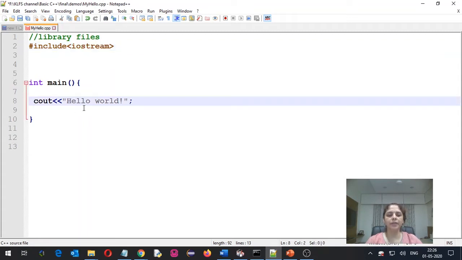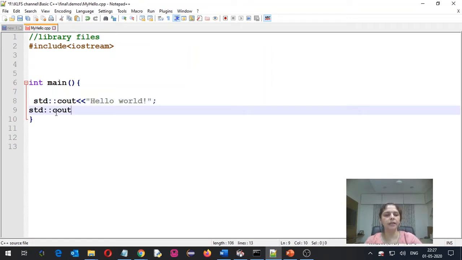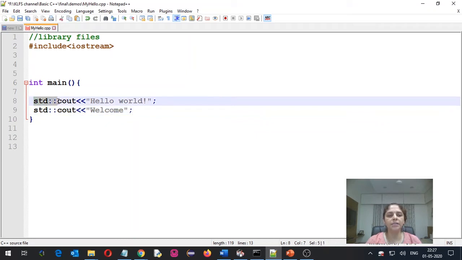Similarly, when we were writing to display the hello world string on the screen, we were writing std::cout. If I want to display one more line on the screen, then I will have to once again write std::cout, and then here I can write the string which I want to display. But every time I want to write cout, it is necessary to precede it with std::, which is a tedious job.